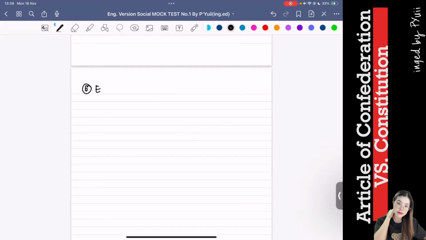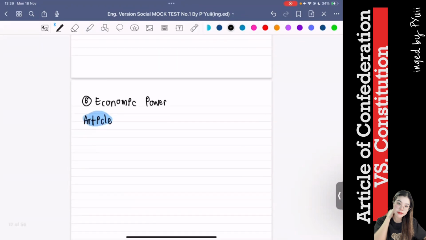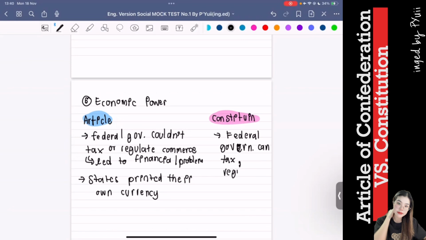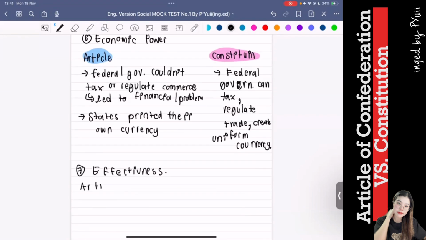Number 6 is talking about the economy. For the Articles, the federal government couldn't tax or regulate commerce, leading to financial problems. The states printed their own currency, which of course caused chaos. The federal government can tax, regulate trade, and even create a uniform currency. The last one is effectiveness. For the Articles, ineffective. For example, of the problems like